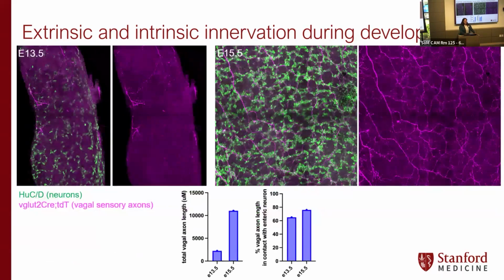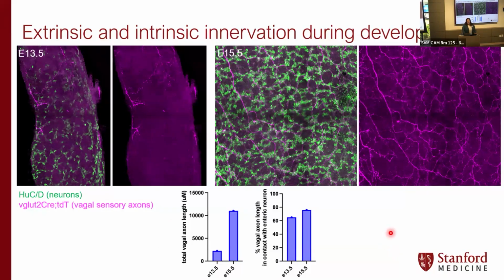This is E13.5 on the left and E15.5 on the right. So early, you can see those axons are present, but kind of just arriving, very simple, not very branched yet. And then as time goes on, there are a lot more axons present. They're more complicated. They're more branched. That's quantified down here on the graph on the left, just showing you total axon length in a given area